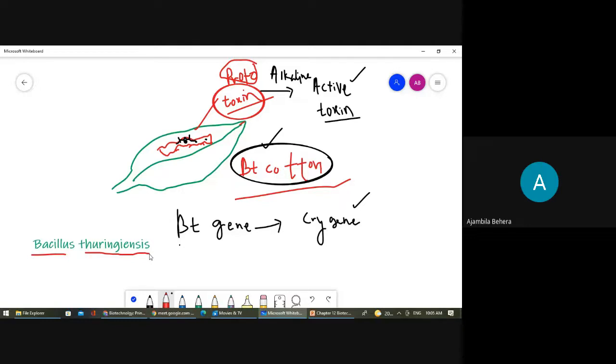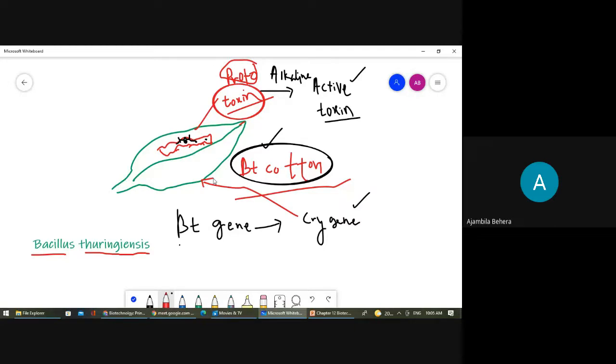That cry gene we transfer into the cotton plant, and we make the transgenic plant. We make the GM crop, that is BT cotton. Okay, that is BT cotton. So in case of this cry gene,